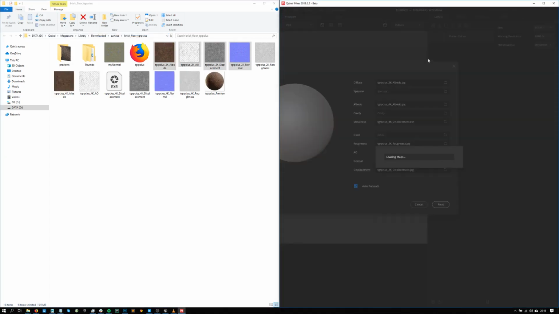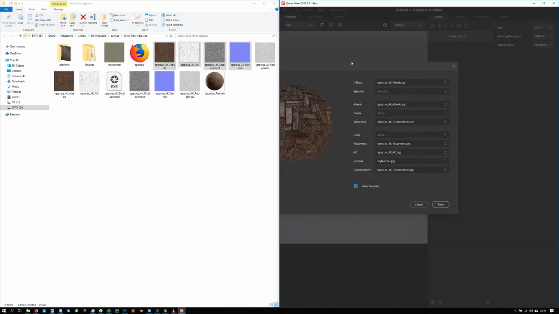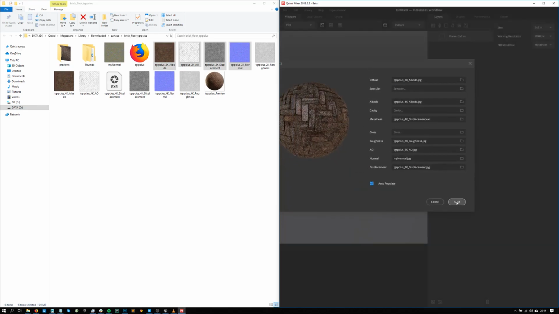So this is the texture. It's going to load the texture map, so give it a few seconds. Oh, actually, it auto detected all the different textures, so the material is ready. Then you just hit next, and then you can give it a name. This is a 2 meters by 2 meters surface, so I'll just give it 2 meters by 2 meters, I guess. My surface, this one is a H-bone,